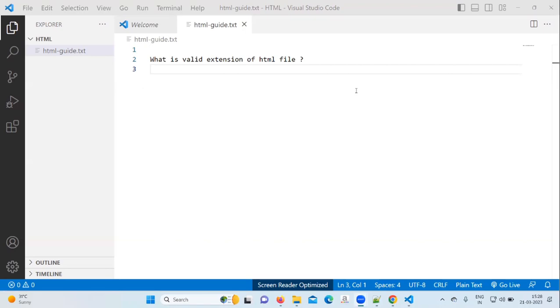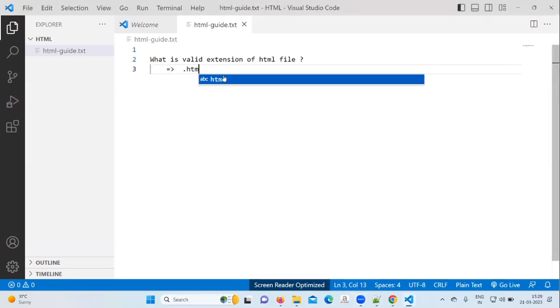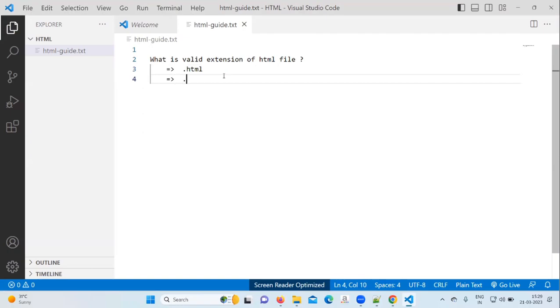Okay, right. So we wrote: what is the valid extension of an HTML file? There are two ways we can give the extension. Two options we have. One is .html and another one is .htm. In this case, you can write that the first one is best for